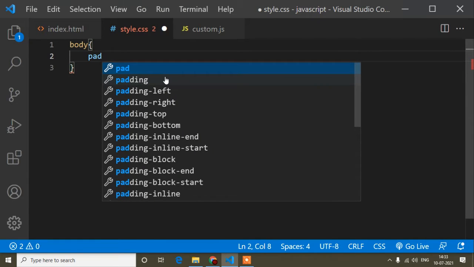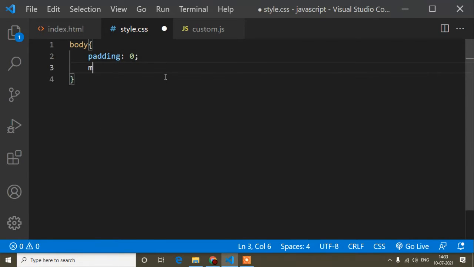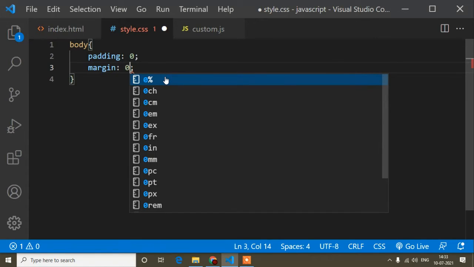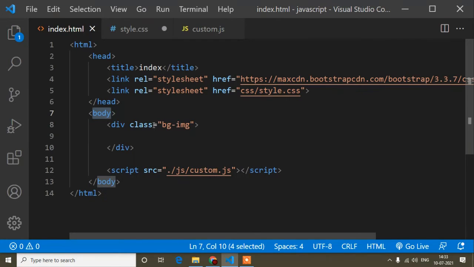So padding is 0 and the margin is also 0. Padding is used for adding some space inside this element, and margin is used for adding some space outside this element, that I already explained in my previous tutorial. Okay, so here I will now go to the div, and here I will add the CSS for